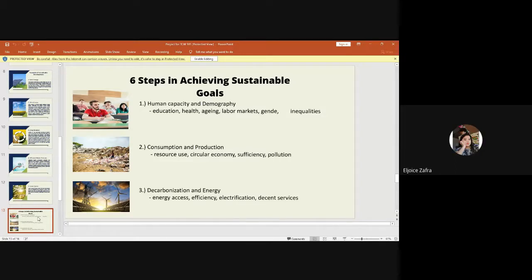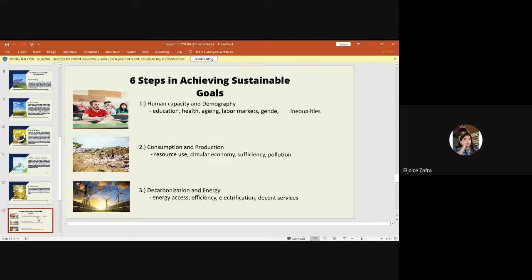Human capacity and demography. Sustainable development is a societal rather than an environmental challenge. Substantial advances in human capacity are needed through improvements in education and healthcare, resulting, among others, in higher income and better environmental decisions. Example: education, health, labor markets, gender and equalities. Next,